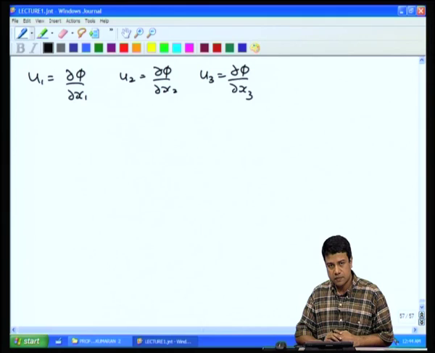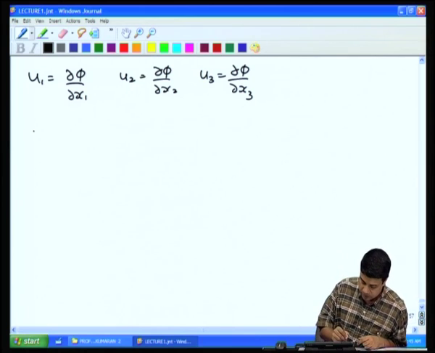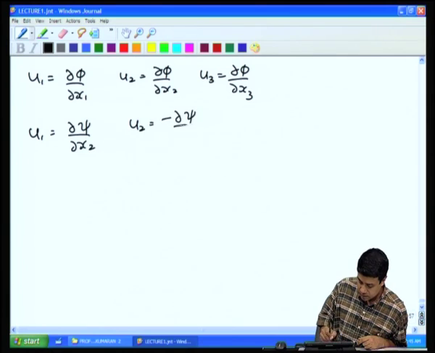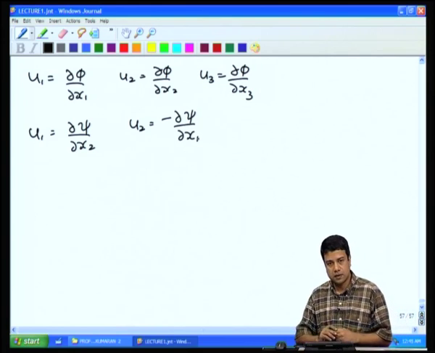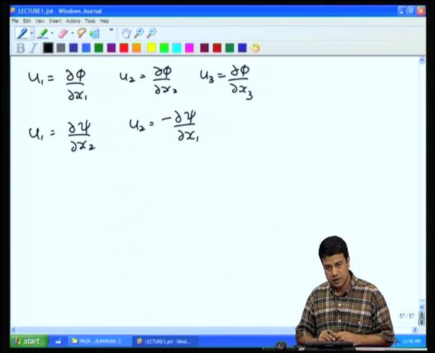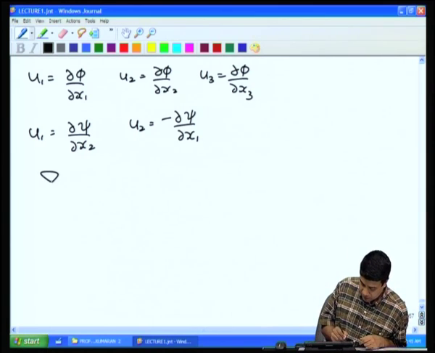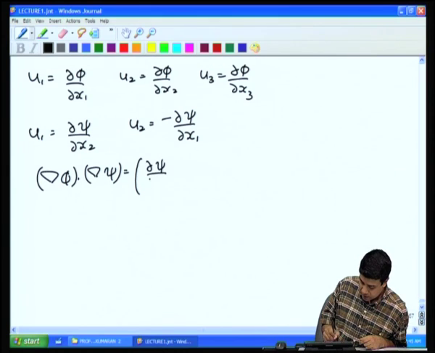Now, when I had expressed my velocity in terms of the stream function, I had said that u1 is equal to partial psi by partial x2, and u2 is equal to minus partial psi by partial x1. So, if I take the dot product of the gradient of the potential and the gradient of the stream function, you find that grad phi dotted with grad psi is equal to